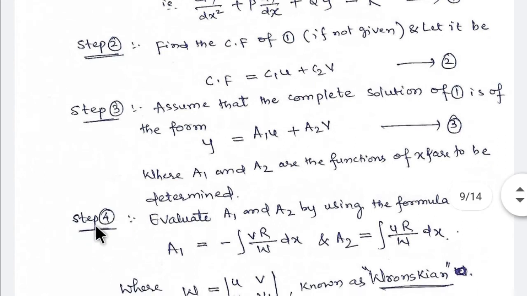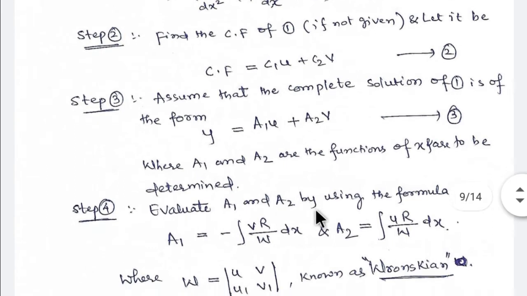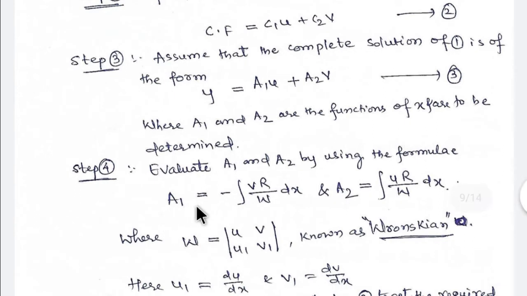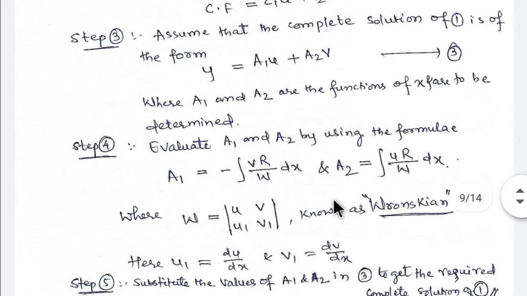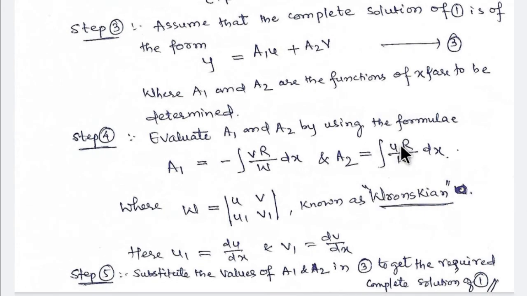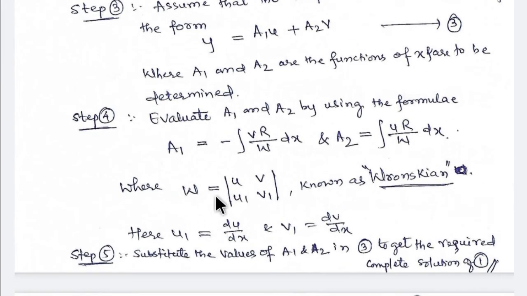Step number 4: find the values of a1 and a2. Evaluate a1 and a2 by using the formulas. a1 is given by minus integral of v into capital R divided by W into dx, and a2 is given by integral of u into R divided by W with respect to x, where W is given by